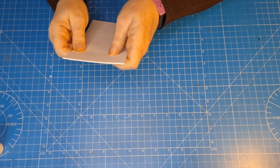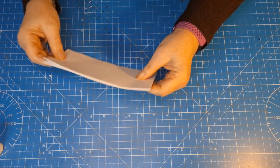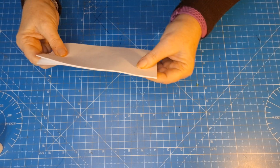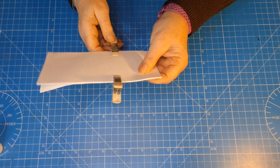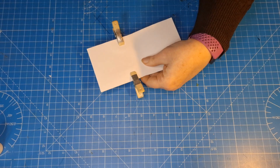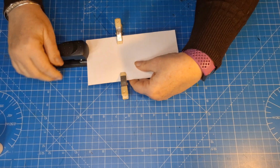and I'm going to use those pegs to hold it steady. I'm just going to pop those on there once I'm absolutely satisfied that that's nice and straight, and I'm going to bring in my bog standard office stapler, and